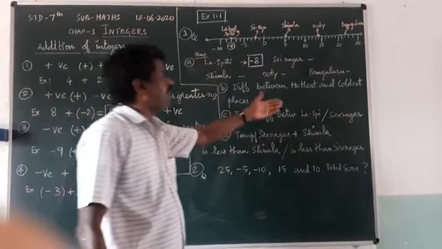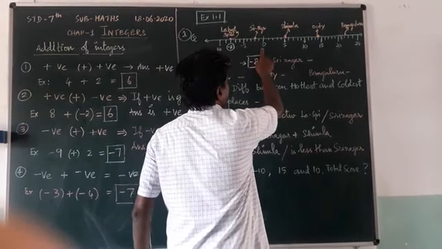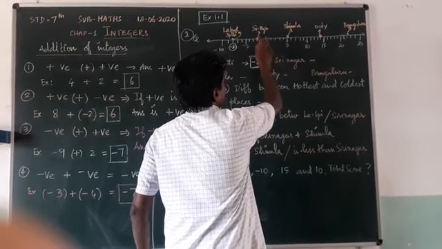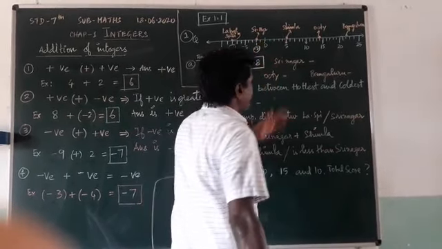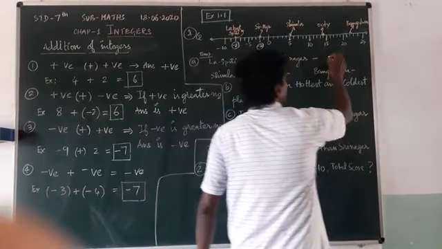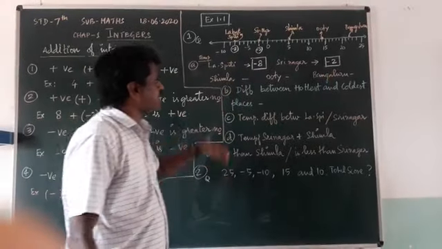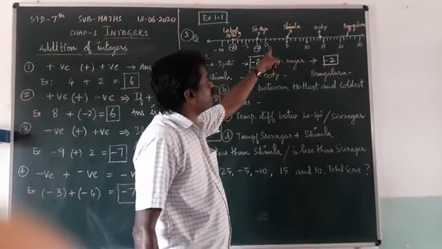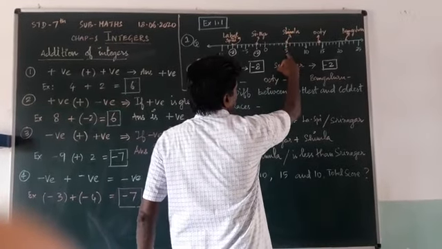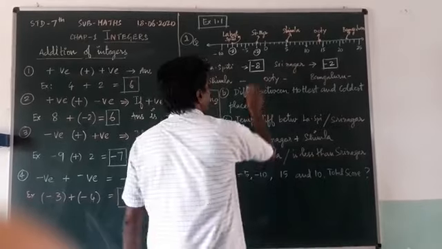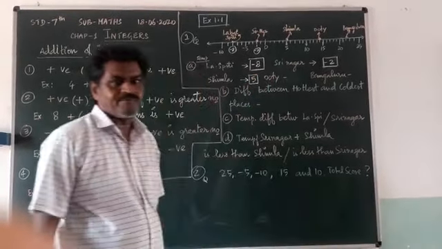Same thing goes for Srinagar. Srinagar is marked after 0 on the left-hand side. That means after 0 on the left side is minus 1, minus 2. So this indicates minus 2 here. So the temperature of Srinagar is minus 2. Then similarly for the right-hand side. After 0 this side will be positive. They have pointed exactly at 5. So what will be the temperature of Shimla? Directly you can write it as 5 degrees.